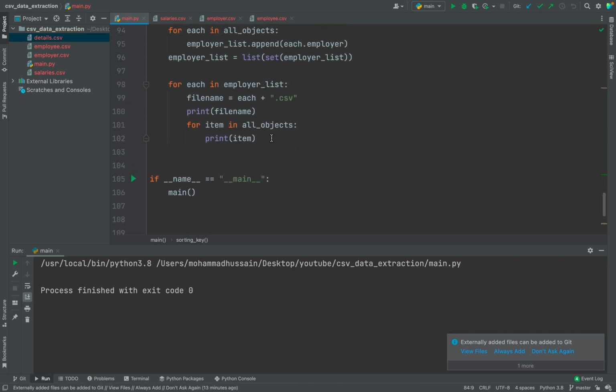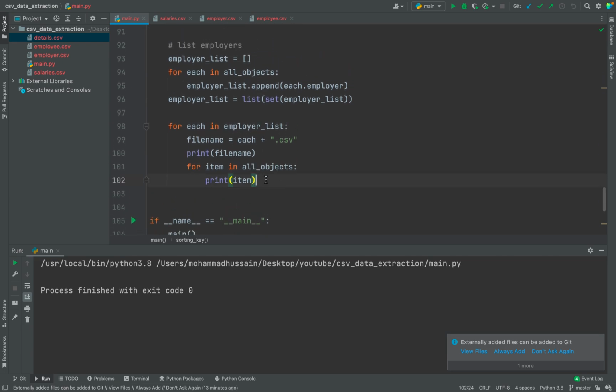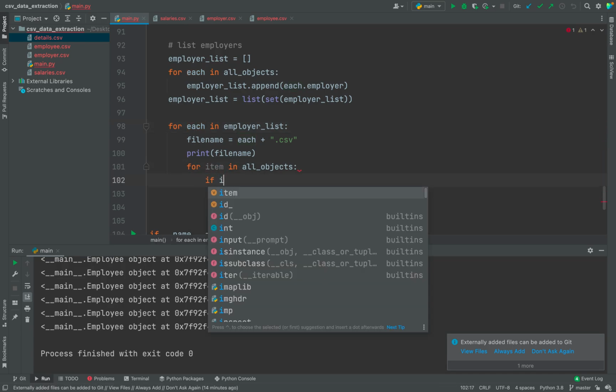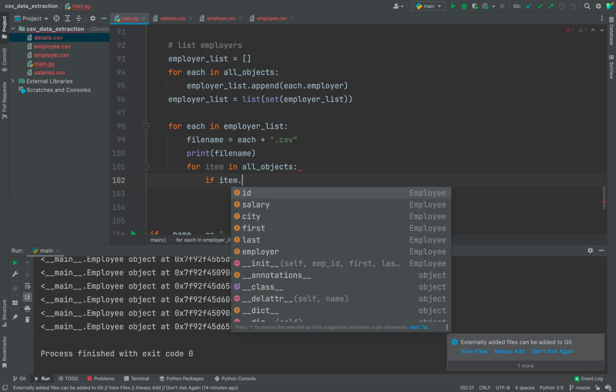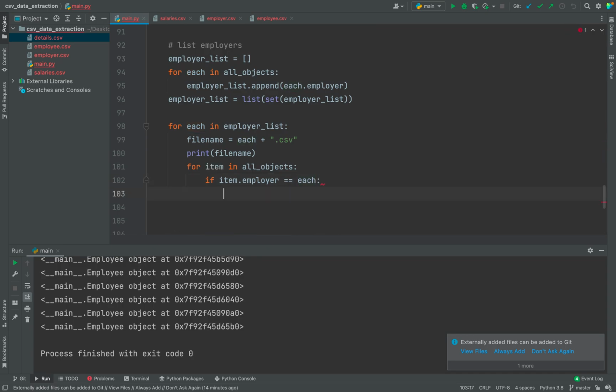Oh, I see. So there was an indentation problem. Okay, yeah. Sorry, there was an indentation problem. So what I'll do is basically I'll loop over this employer list, and then I'll see if the, let me show you, if this each is, let's say, Apple. If Apple is equal to the employer of this item, dot employer is equal to each, then what I'll do is